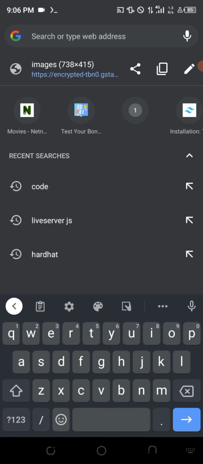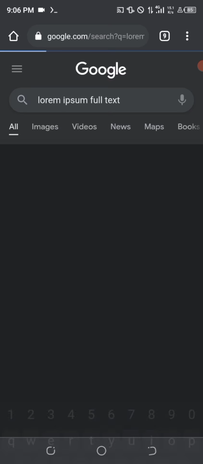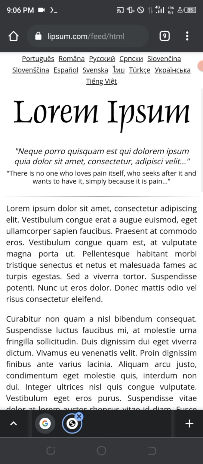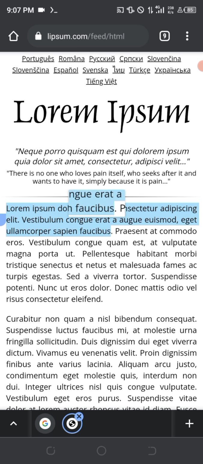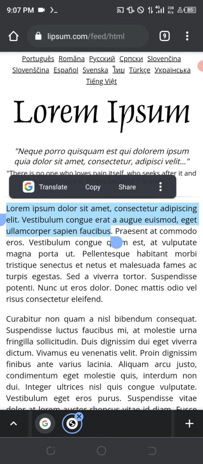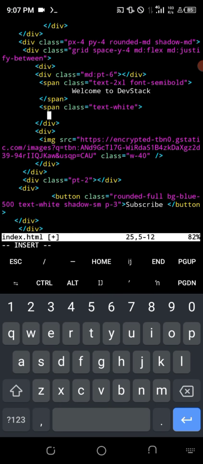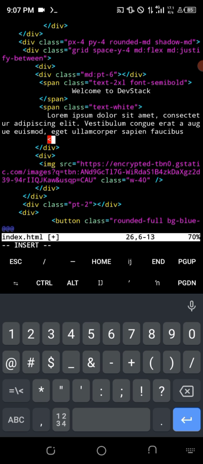So let's go ahead and search for lorem ipsum generator. Okay, so just grab this from here to here. Copy this and let's paste this right here. Okay, so go ahead and close the span,